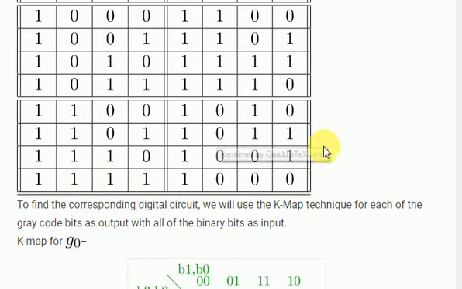So this is the truth table for the binary to gray code. We simply do the XOR operation here by taking the most significant bit unchanged and placing it as it is at the most significant bit of the output side. The most significant bit of the input side is placed as it is at the most significant bit of the output side, and the remaining digits will simply XOR with each other.